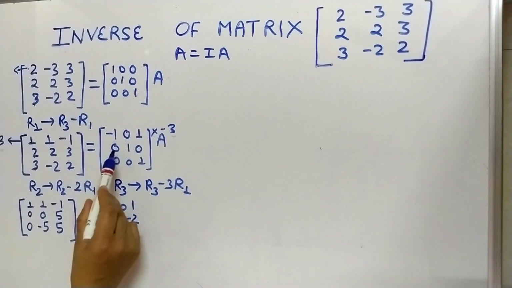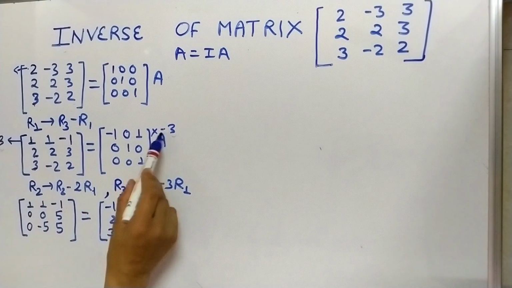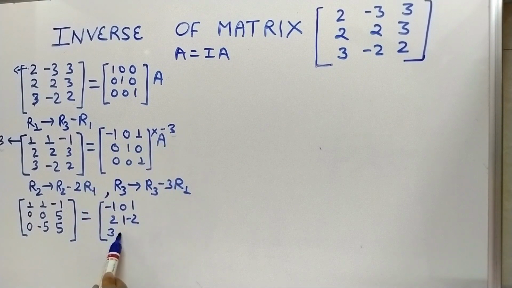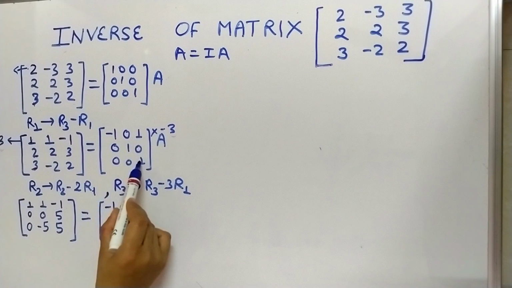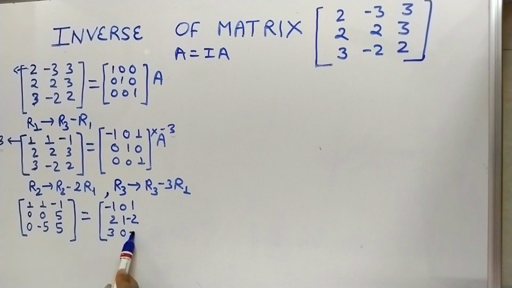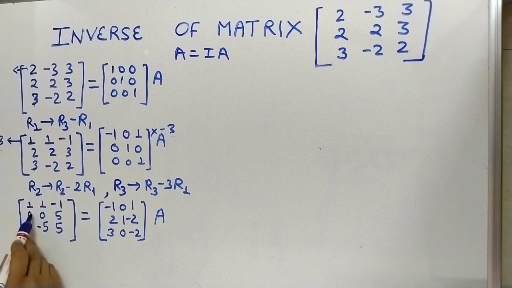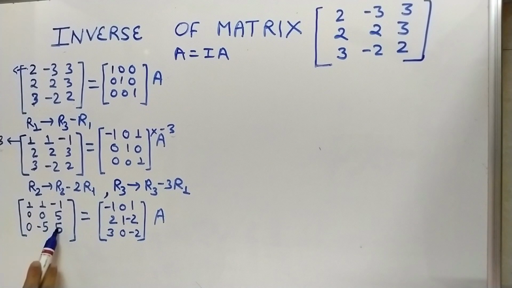So plus 3, 0 plus 3, 0 into 3, 0, so 0, minus 3 plus 1 minus 2, so you will get this matrix here. Now see, here we got 0, 0, 0 also. So that's a good thing. Now here these two terms are 0, so we can interchange these two rows. So at least third row we will get.